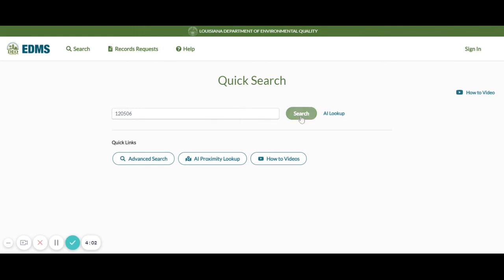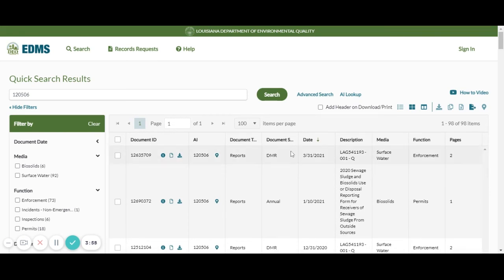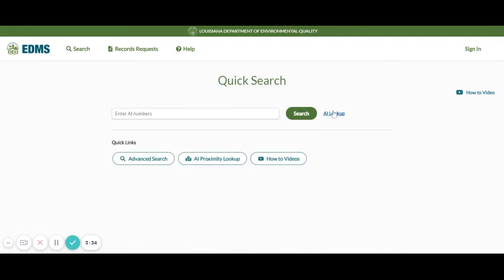You would click on search again, and then your permit number will have LAG 5. It'll either be 53 or 54 or 56 or 57 or LA, and that's the number that you would need to finish your NetDMR registration. But I will give you another example. If you go back to AI Lookup,